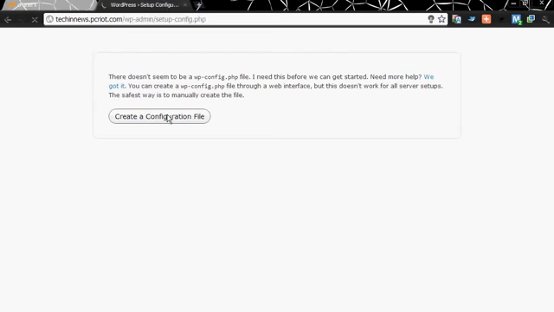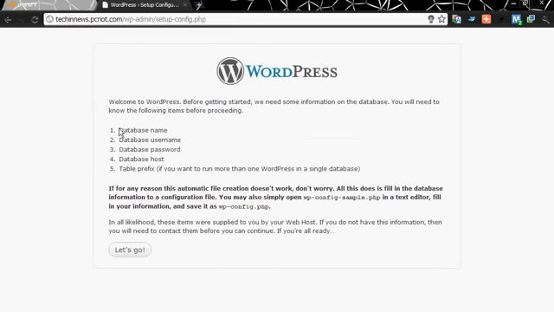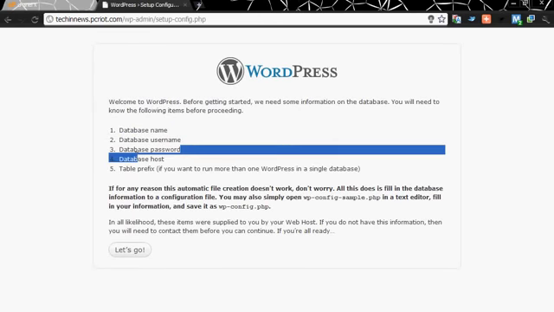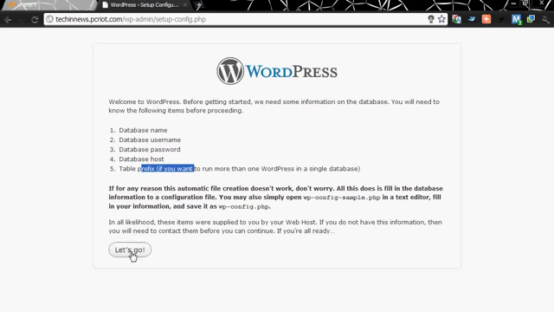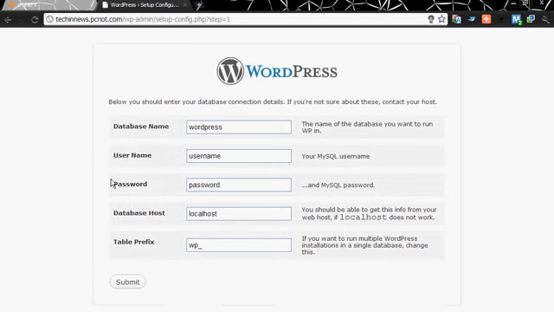Let's give a name to the database, tech in news. Username, which was Royal. Password was test123. You don't need to change the database host. And the table prefix, let it be the original, which is already in it.